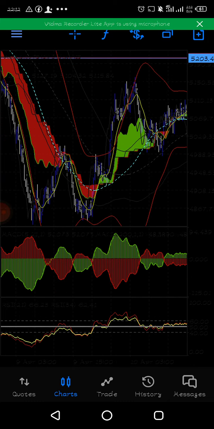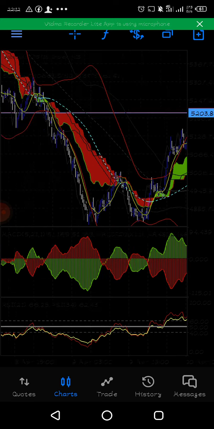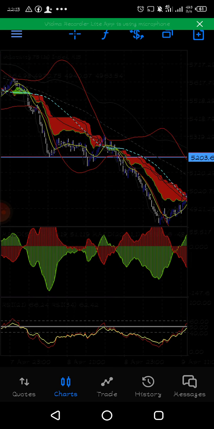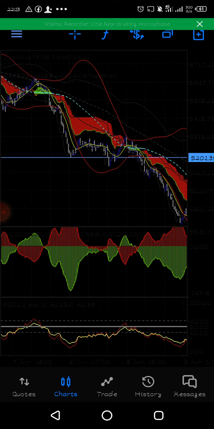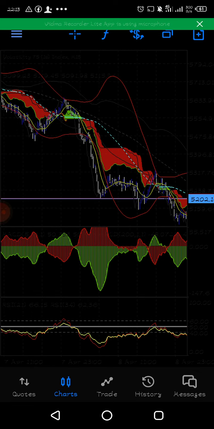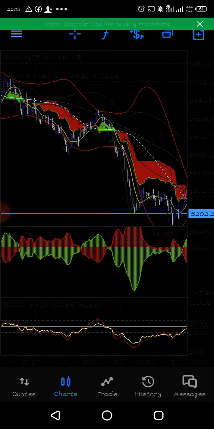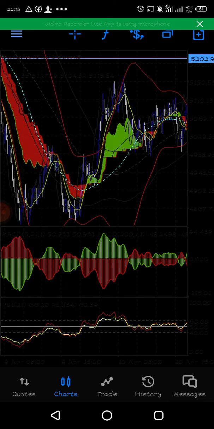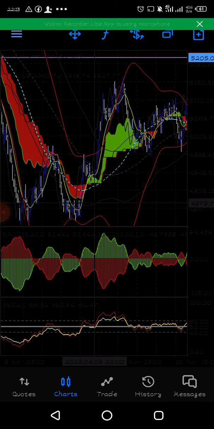Well, understanding price action might also be an added advantage for you to trade the forex market. But in case you don't understand price action, you can simply follow the rules I'll be showing you on this indicator. So now, when am I to buy? I am only to buy when I see